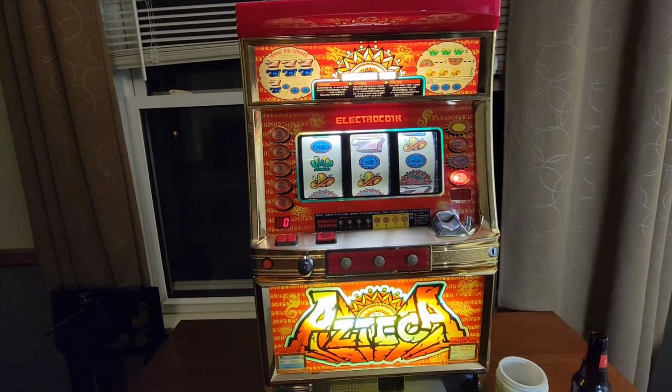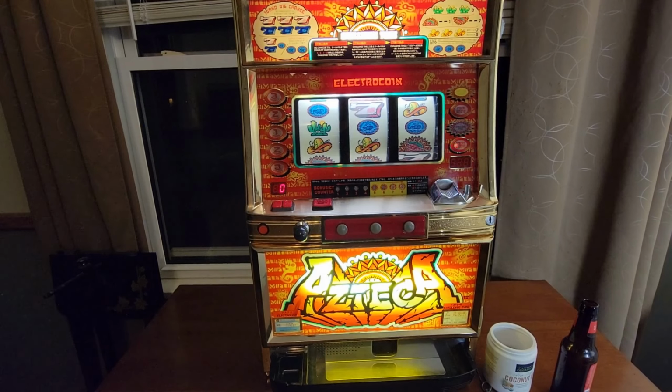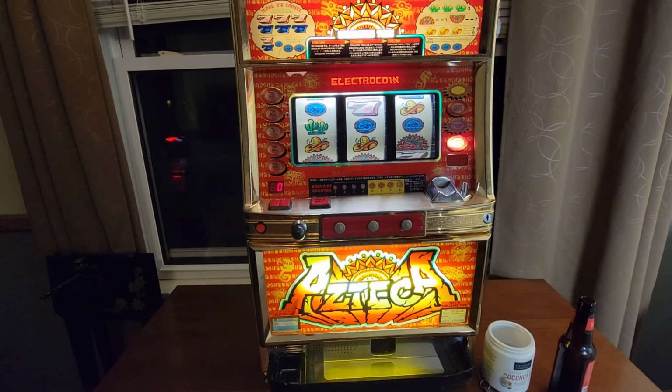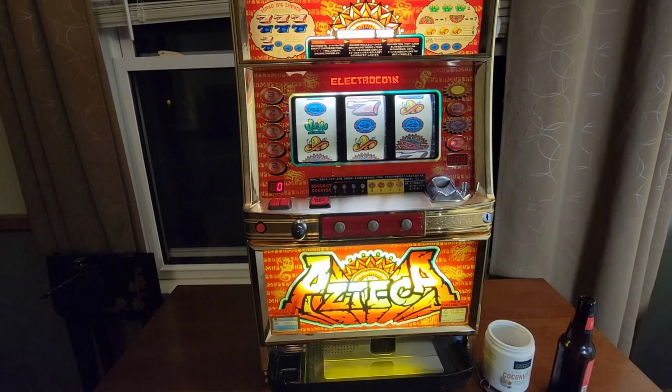I think it's definitely worth it. It's a fun little time waster. If you get into the bonus games, that's at least a little more interesting. Now the 1 or 2 bonus games that I did get into, I'm not sure if they were bonus games or challenge times, but the ones that I did get into, they paid out quite a bit. I don't think they're supposed to pay out every spin normally, but again, I do have the odds jacked up